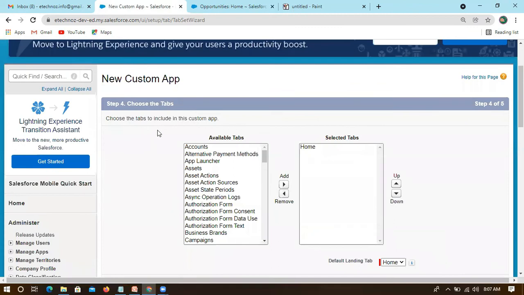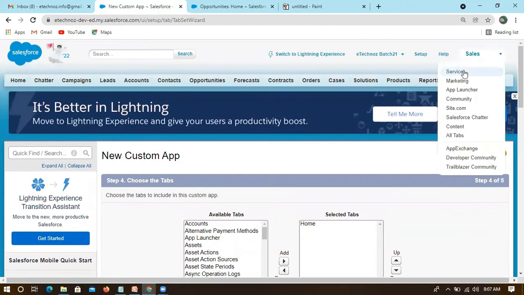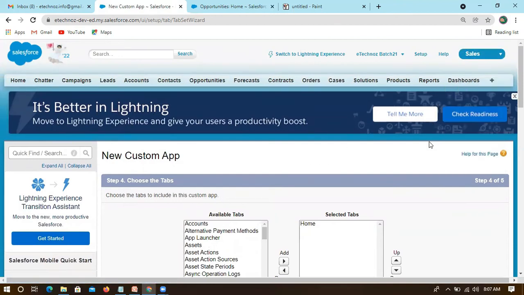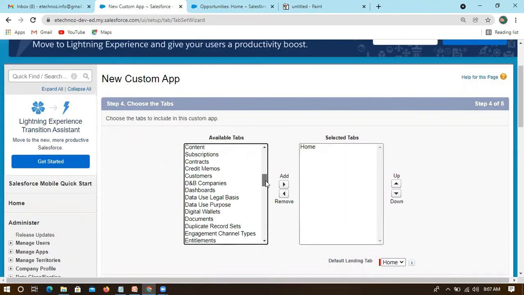Now, for an application, what do we need? When you click Sales, or Service, or Marketing, what do you need? You need modules, right? A single application can have multiple modules. Right now my application doesn't have anything. But Salesforce offers all these common features. I told you we are using multi-tenant architecture, so we have both exclusive and common features. These are all common features provided by Salesforce.